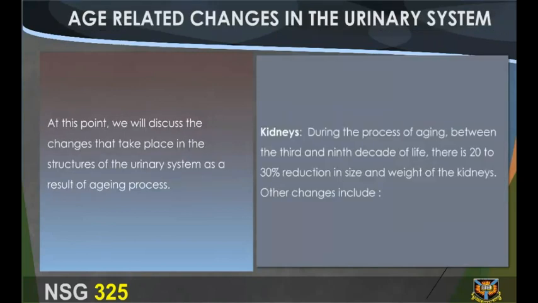Age-related changes in the urinary system. At this point, we will discuss the changes that take place in the structures of the urinary system as a result of the aging process. Kidneys. During the process of aging, between the 3rd and 9th decade of life, there is a 20 to 30% reduction in size and weight of the kidneys. Other changes include